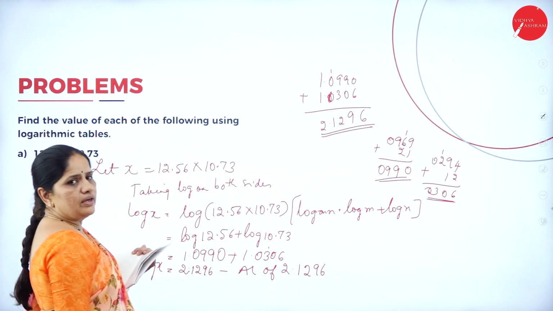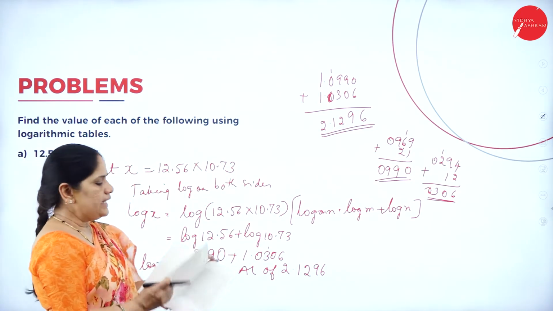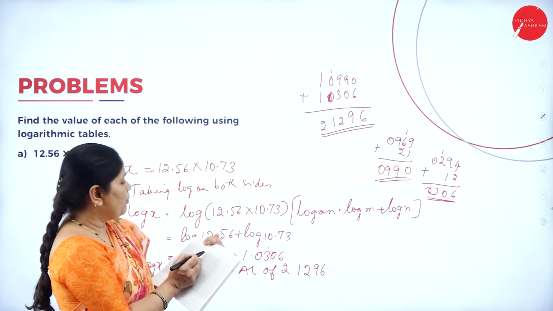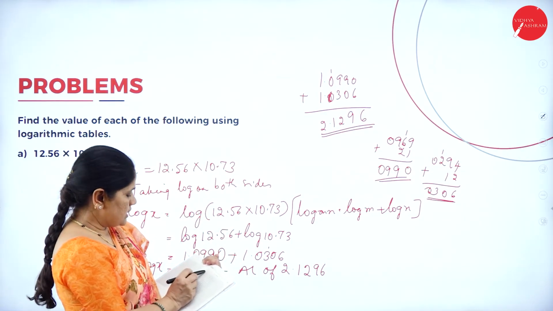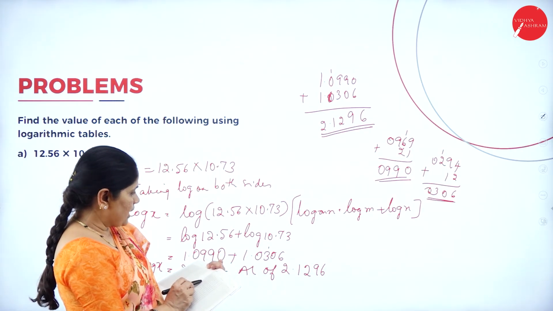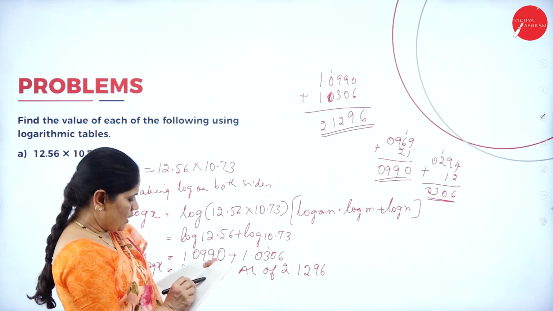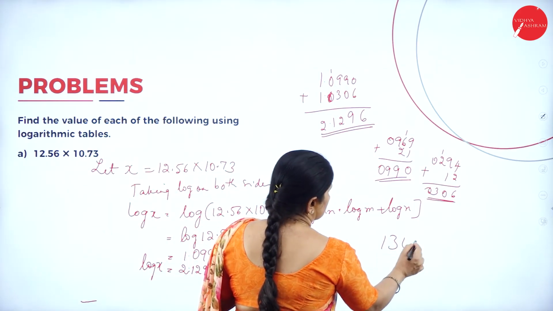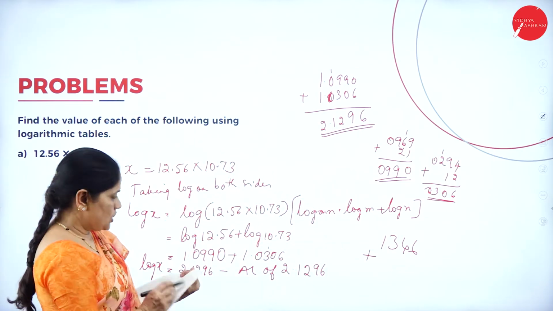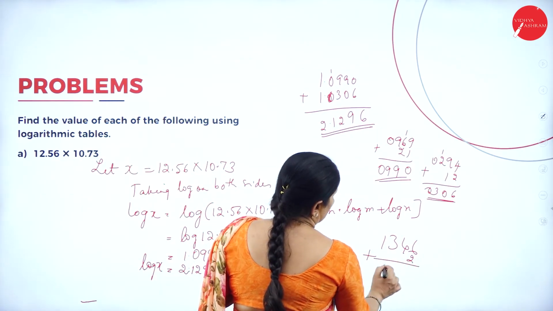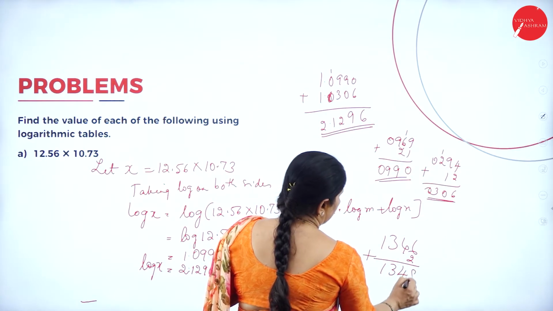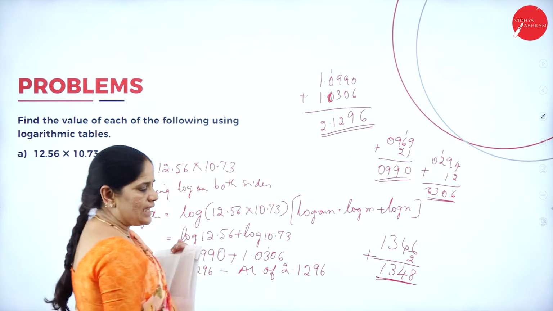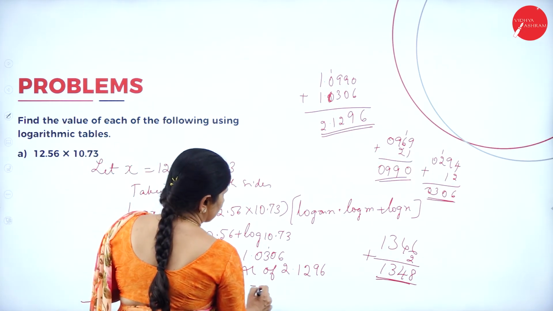2.1296. Now if I go to the anti-log table, I will be just searching under 0.12. So what is the number given here? 1291, 346. So 1346 plus 2, 1348. So anti-log of 2.1296 will be equal to